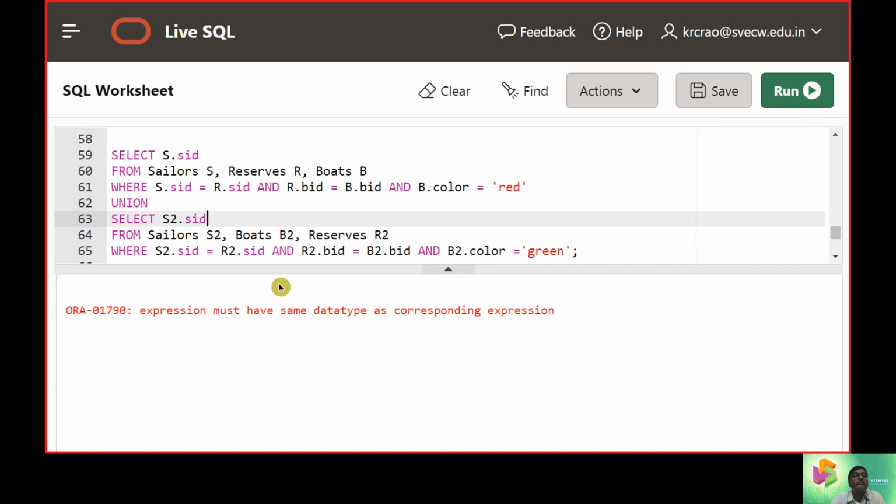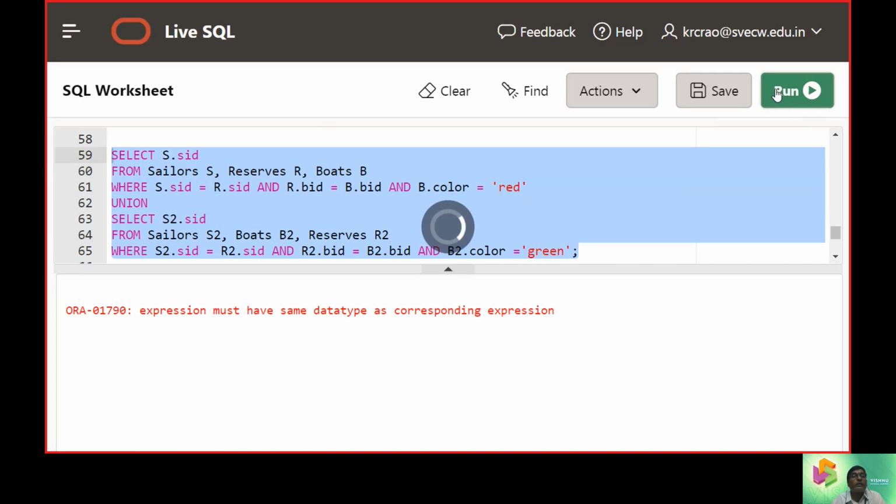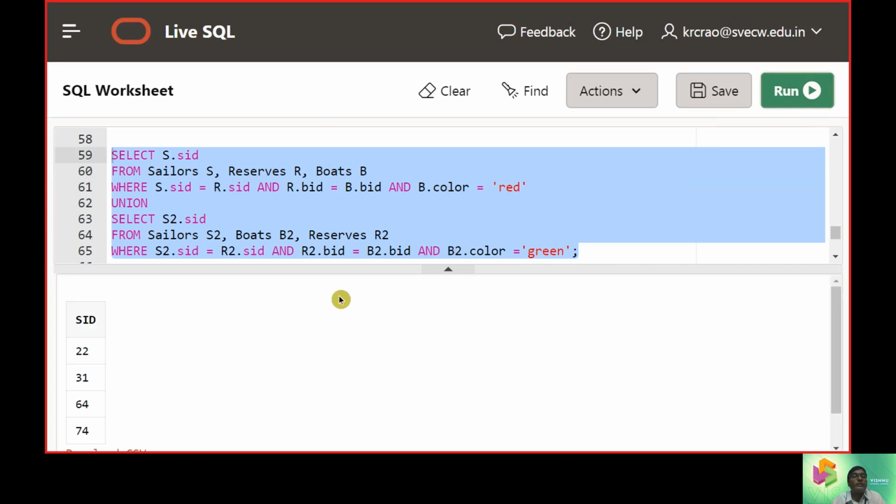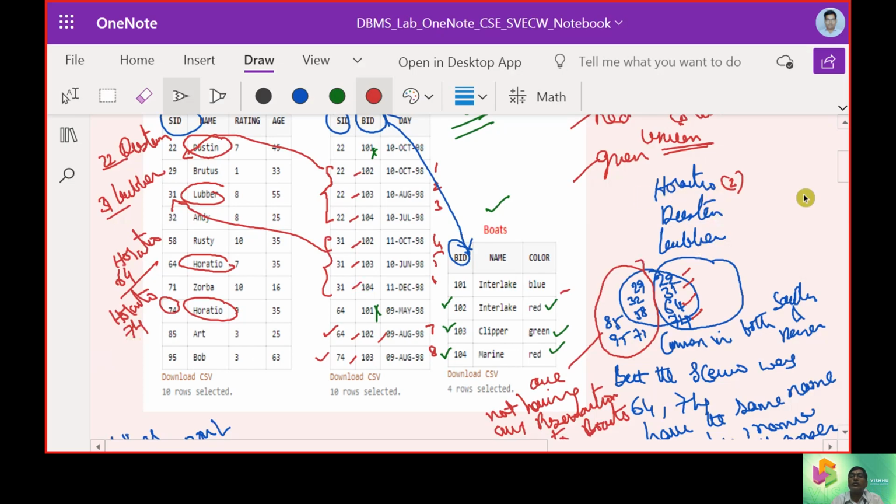Let us check whether we are expressing this properly. Yes, now we have changed s name to s id. So we get 22, 31, 64 and 74. That's the reason we get Horatio twice: one is 64 and one is 74.